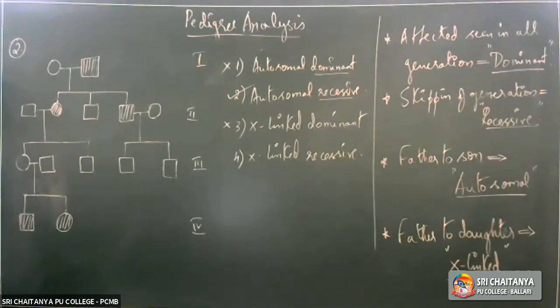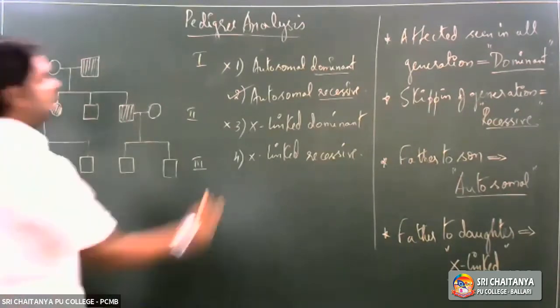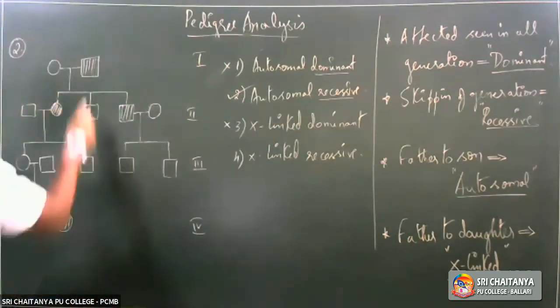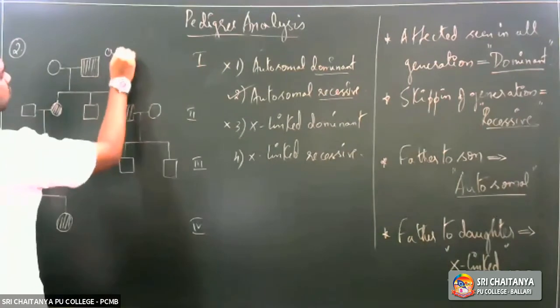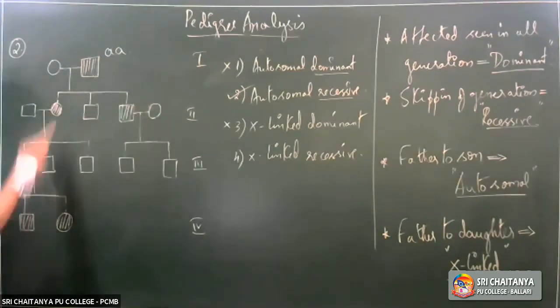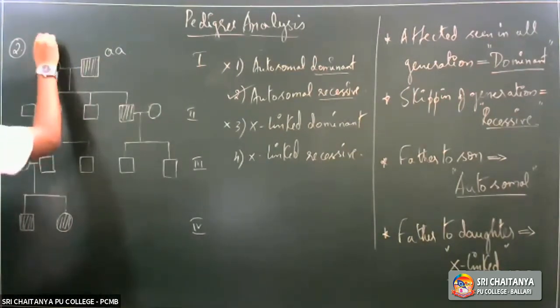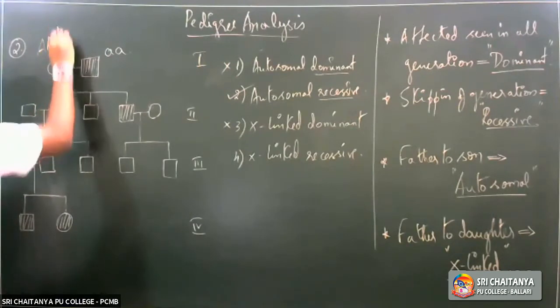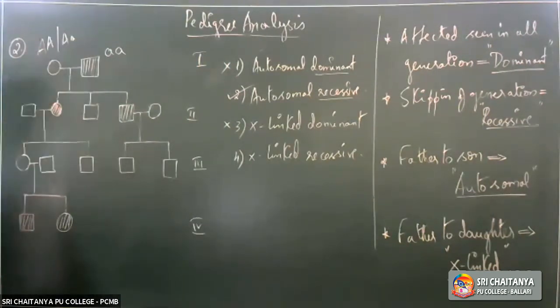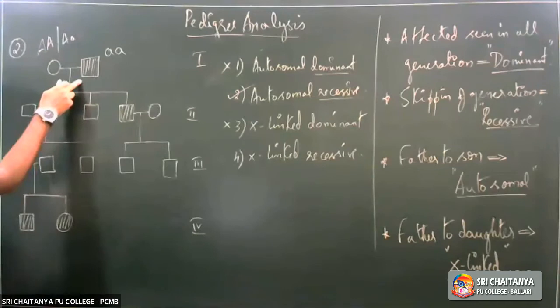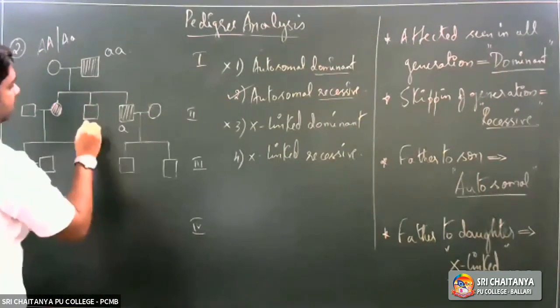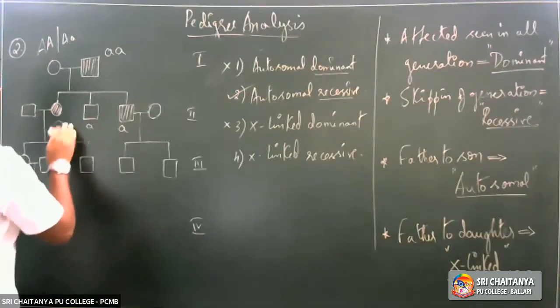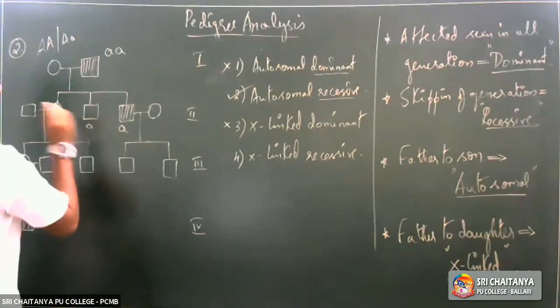Now again, to re-verify it, let us start doing the genotypes here so that we get a clear picture of autosomal recessive. So the disease condition is because of the recessive mutation. The mother is normal, so the mother could be either homozygous dominant or heterozygous dominant, right? So since father is affected here, father will give the recessive allele to all the children.